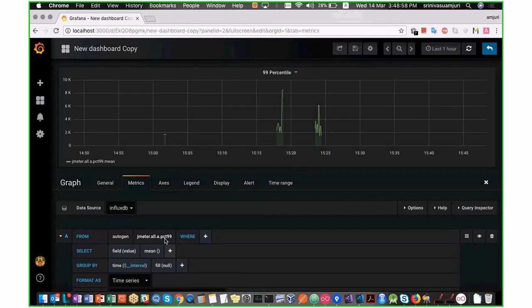If you want to apply some group by or some formula, based on that your report will be generated, and you can see that in the dashboard. So this data will be there in